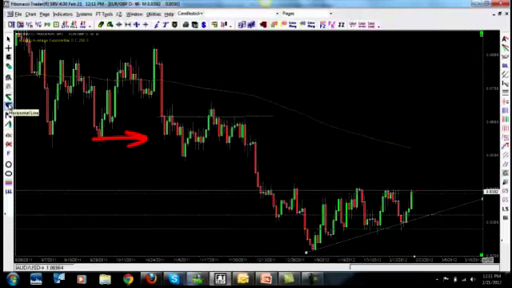Not all the ranges are going to be perfect, but you can see that for the most part, price is boom, boom, boom, boom. Then it broke out down into another range. 80% of the time, a currency pair will trade within a range. So our goal is to trade these ranges. And for instance, on this euro-pound